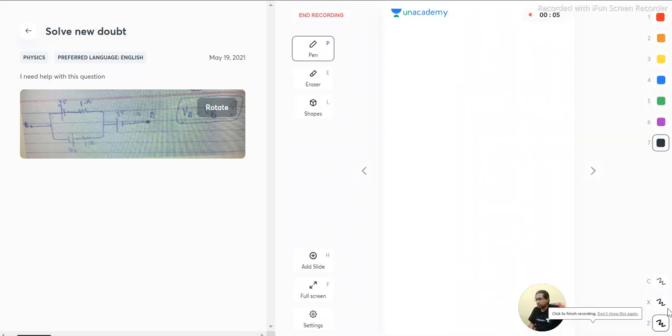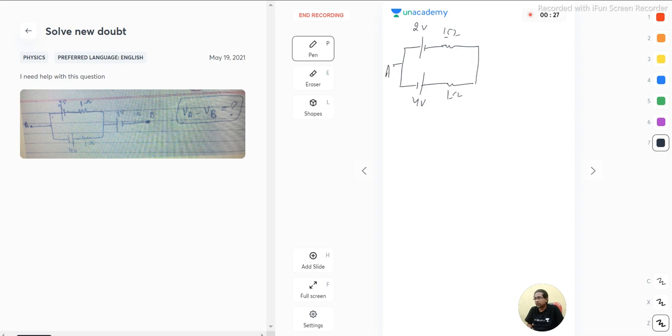We have a question over here. The question is, we need to calculate the potential difference between the point A and B. So let's calculate that. This is the point A we have, and here we have a circuit in which 2 volt is here and connected to a 1 ohm resistor, and here we have a 4 volt battery connected to a 1 ohm resistor again, and further they are connected with a 3 volt battery attached to a 1 ohm resistor like this. This is point B.